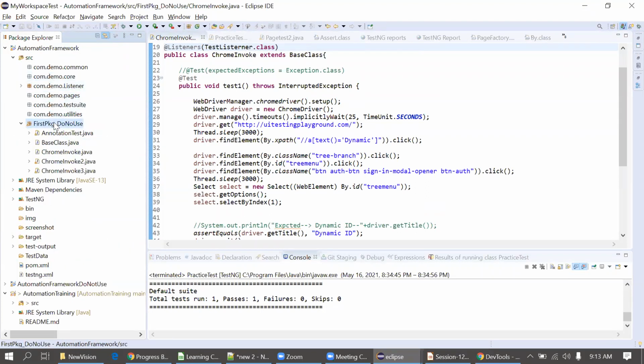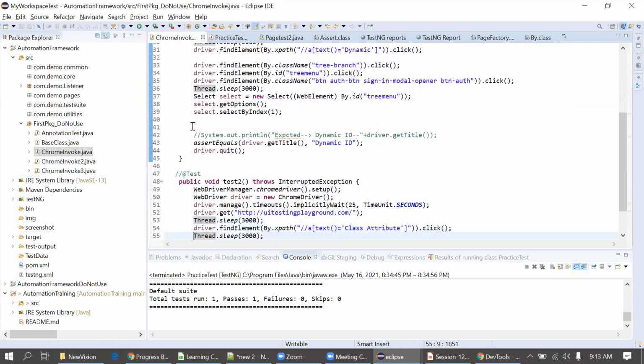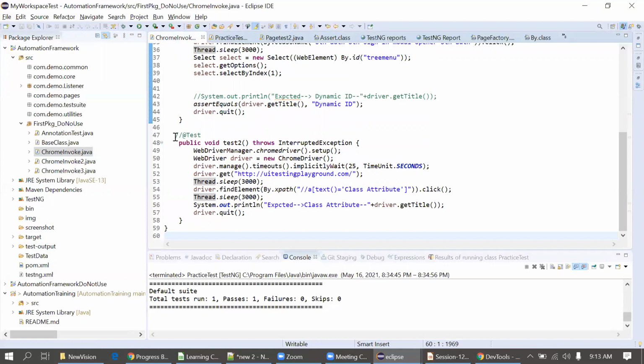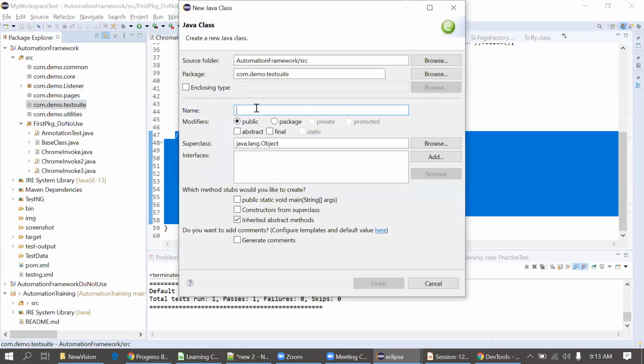The first test case that we wrote earlier, I'm just copying that test case again, and we'll modify something in it. I'm taking the below one. Go to the test suite and create a class.